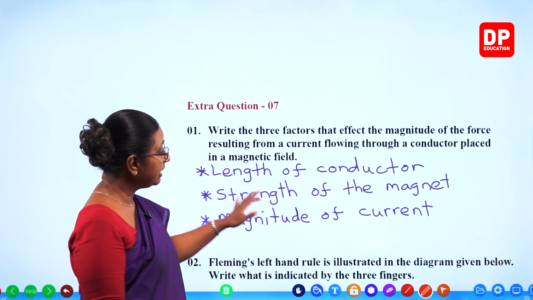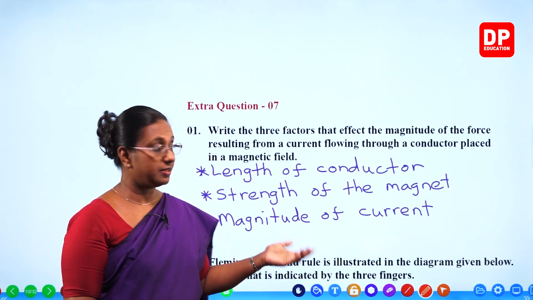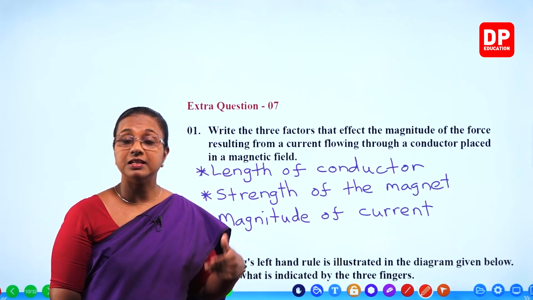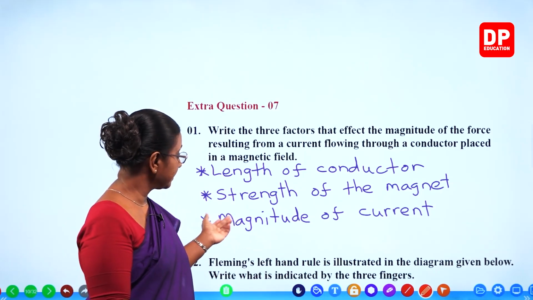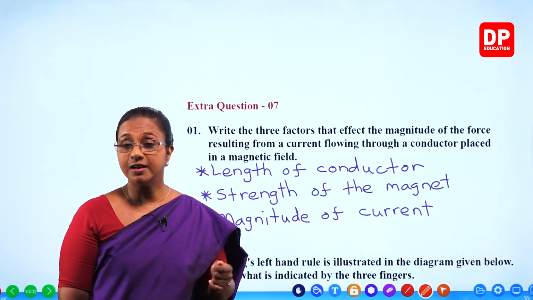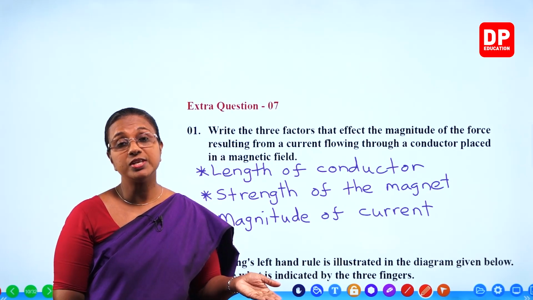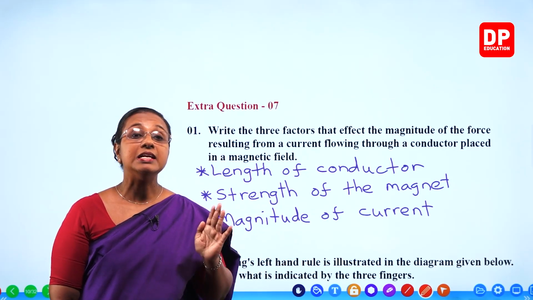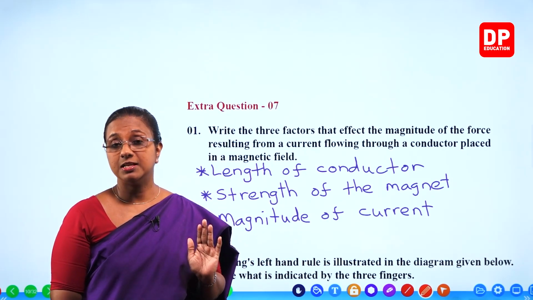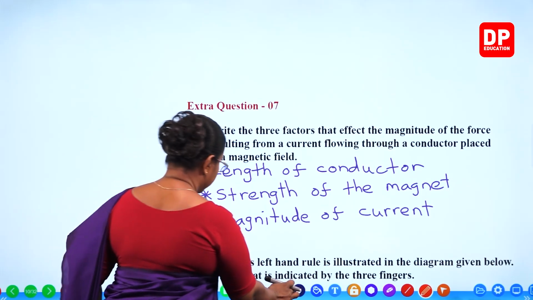So when the length increases, force increases. When the strength of the magnet increases, the force increases. And when you increase the current flow, then also the force increases. All of them are directly proportional to the magnitude of force. Then,